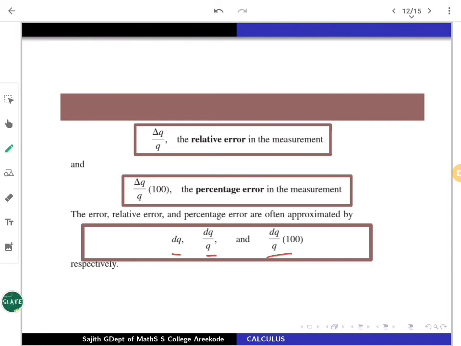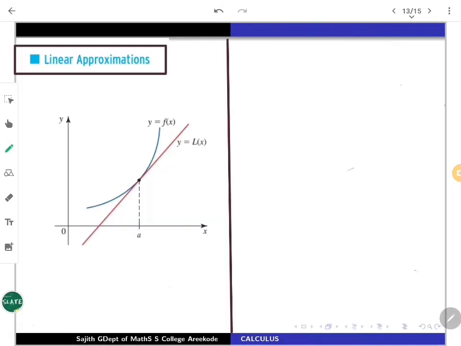But using lines, we will try to approximate the things. Lines, I mean appropriate lines. Basically, what I am keeping in my mind is tangents at the point whenever it's existing. Let us discuss that also.